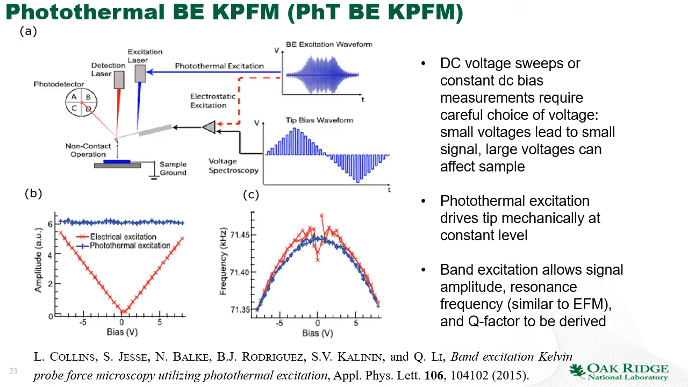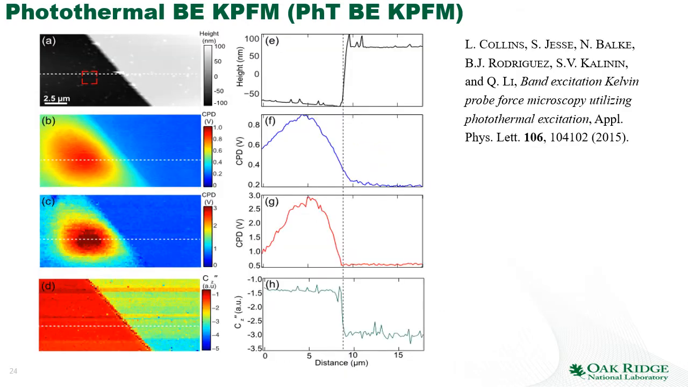And this is the example of this photothermal band excitation KPFM. So here we do the DC bias, we do the photothermal excitation, and we measure the frequency and amplitude of the cantilever oscillation as a function of the DC bias. So for the electrical excitation, we have a classical V shape for the amplitude and parabola for the resonant frequency. For the photothermal excitation, we have a constant excitation, it doesn't depend on the DC bias, and we have a perfect parabola for the resonant frequency shift. So this approach works remarkably well, and this is the comparison of the classical